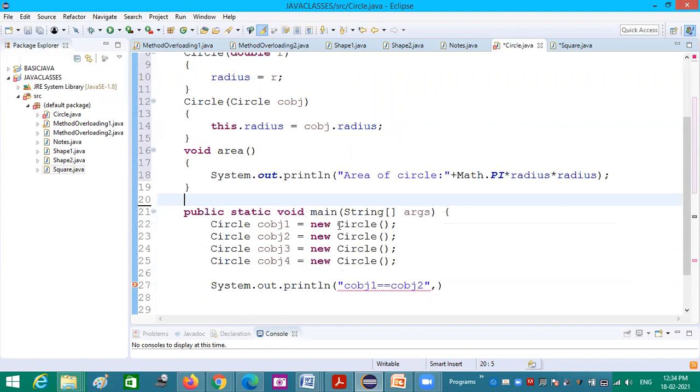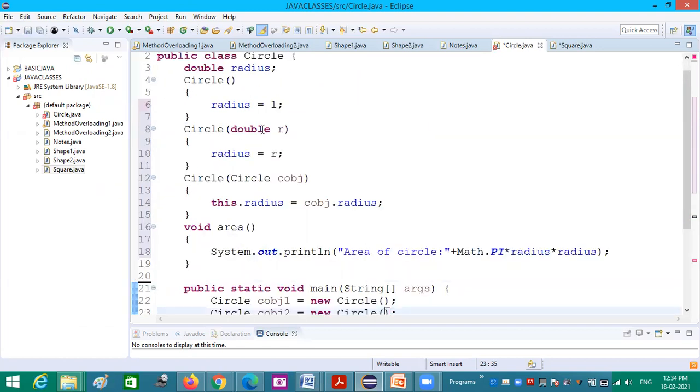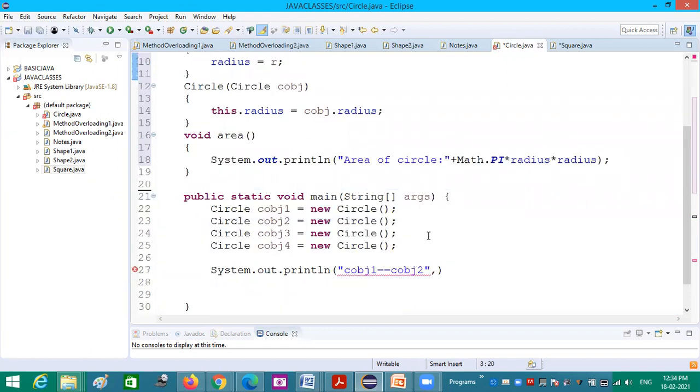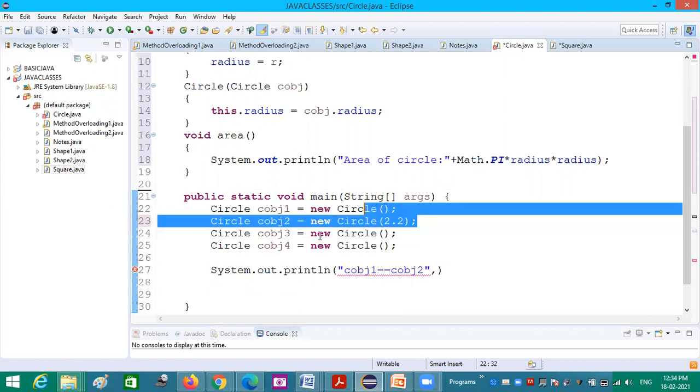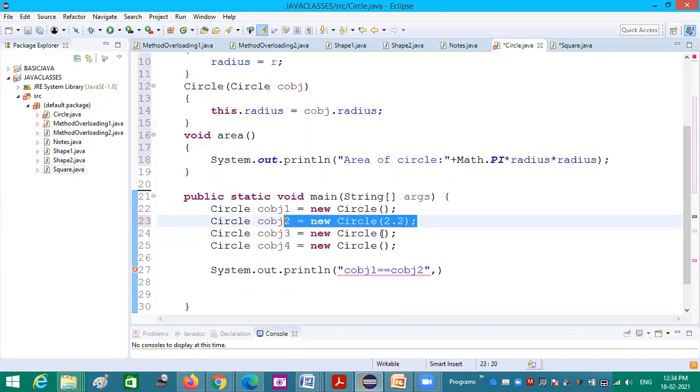The first is for the default constructor. The second one I am using for passing a double value. Some simple value we shall pass, like 2.2. This will invoke the second constructor, and for the third I am using cObj2.